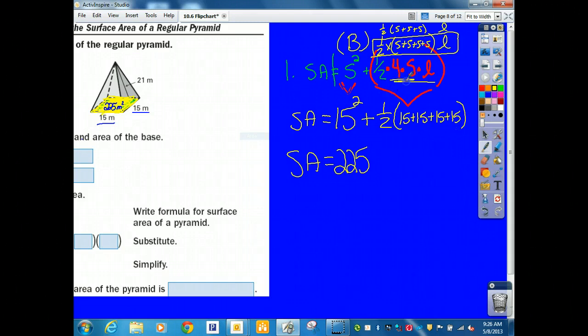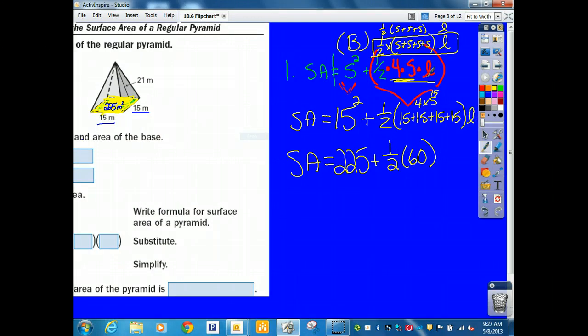Or we could do like we had up here, you know, it's a square, so 4 times the side, which is 15, right? So what is 15 plus 15 plus 15 plus 15, or 4 times 15? 60, right? So plus 1/2 times 60, but then we still have our slant height we need to take it